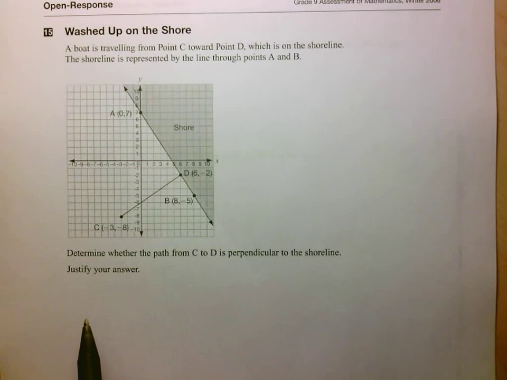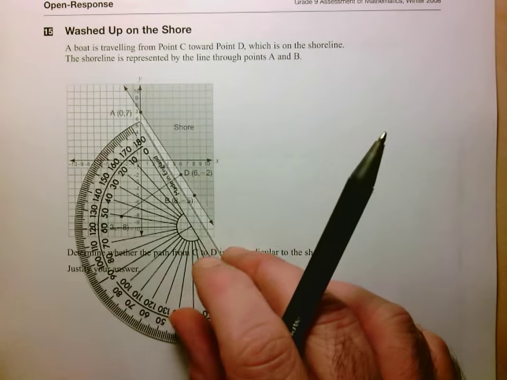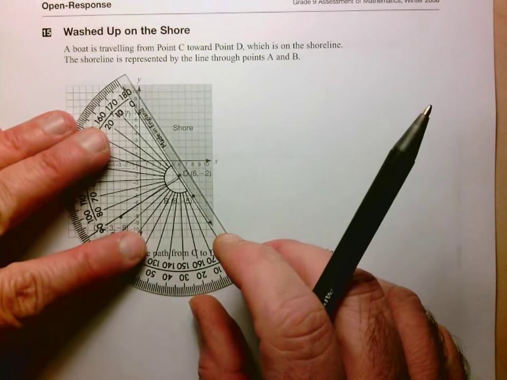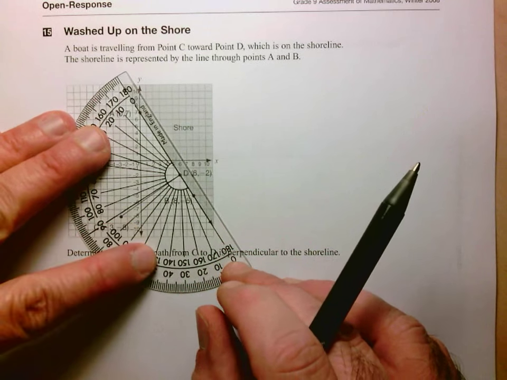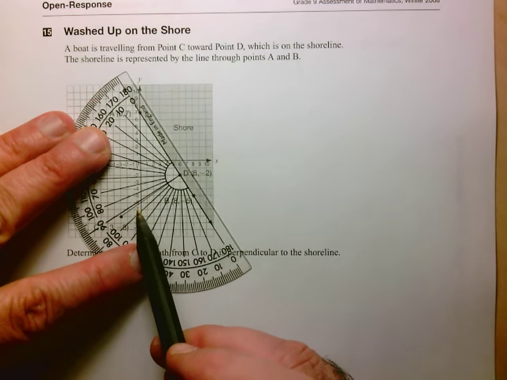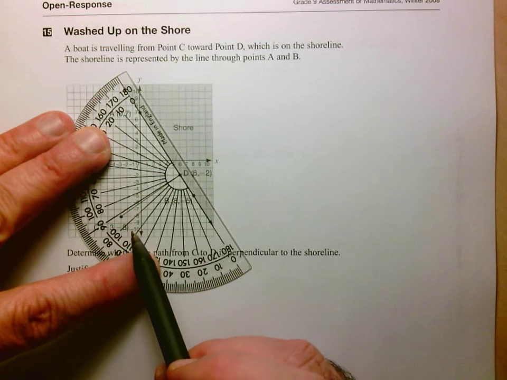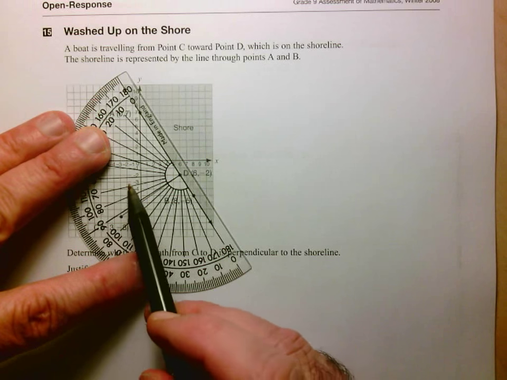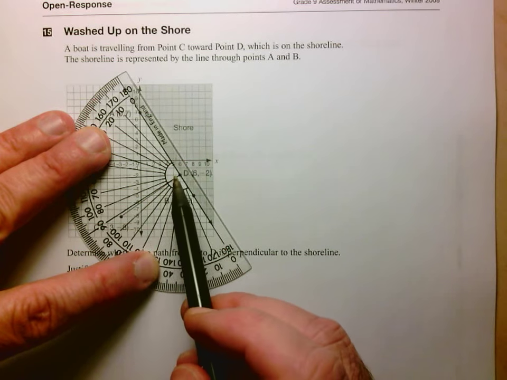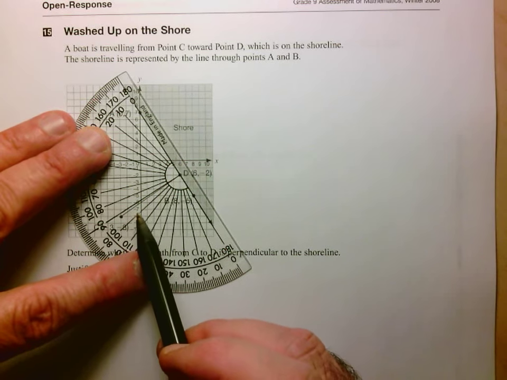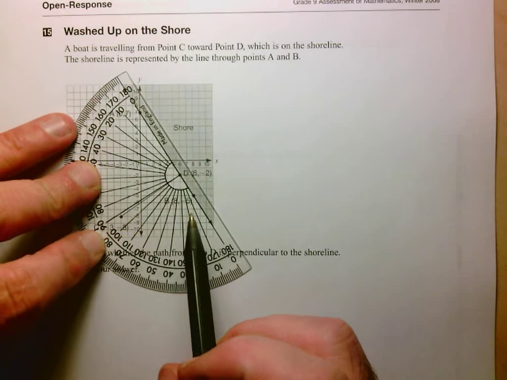Now, you might be tempted to use a protractor. In fact, just to show you that, you could use a protractor. So let's put it on one line. And when you actually put the protractor, if you can sort of see, it's not exactly perpendicular. So if you were to make the conclusion based on using the protractor that it wasn't perpendicular, or even that you say, well, it's pretty close, so I'm going to guess that they are perpendicular, you know, that would